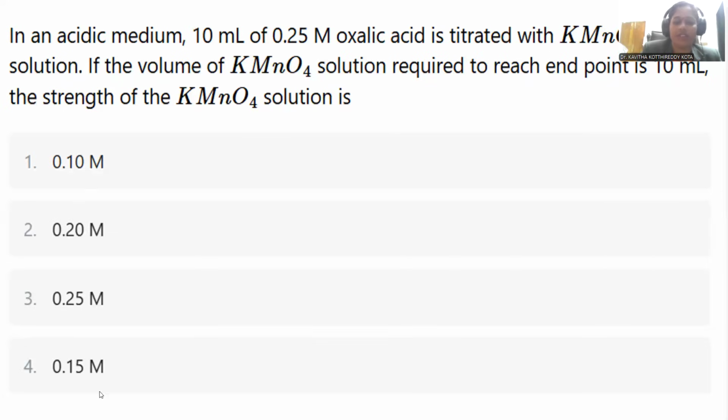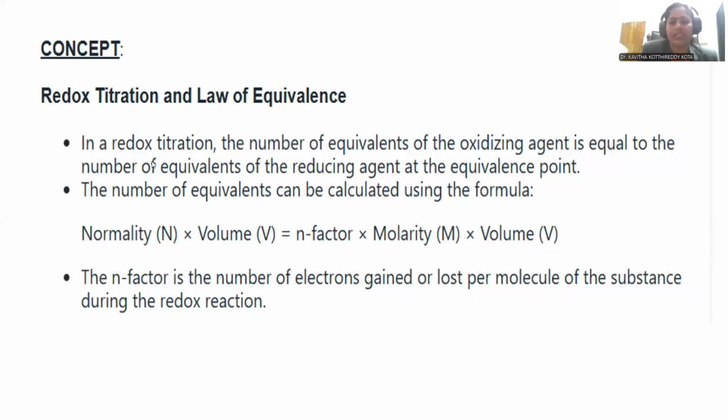Here, different concentrations are provided. Strength is nothing but concentration. Here, the concentration is measured in molarity, so we need to identify the molarity of KMnO4. For that purpose, the question is taken from the volumetric analysis part of analytical chemistry. And in order to get the strength or molarity of potassium permanganate, we use the volumetric analysis concept, redox titration